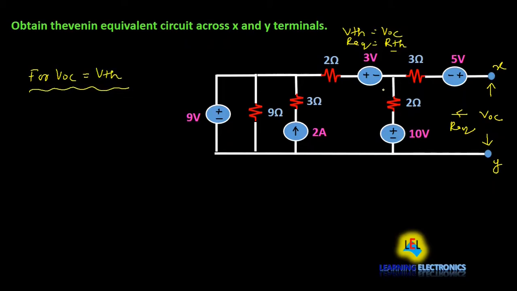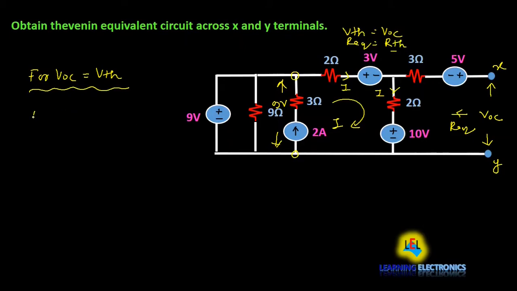For this we assume a loop current I in this loop. Here in this branch no current will flow because this is an open circuit. So the drop across this resistance of 3 ohm will be 0. Okay. So whatever current flows in this branch will flow in this branch also. So here I current will flow, here also I current will flow, and in this branch 9 volt will come. Okay, because in parallel the voltage will be the same. So here 9 volt will come across these two nodes.